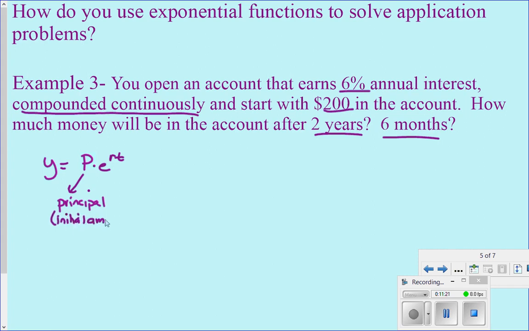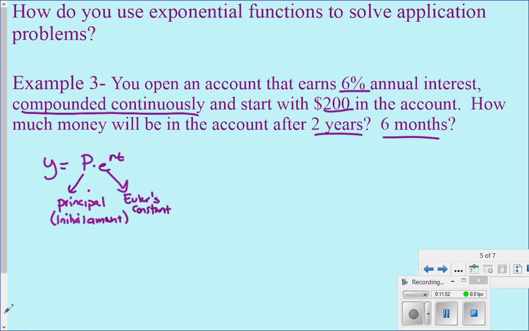So we start the equation the same way we have been starting it, with the initial amount. E, maybe you knew this, maybe you didn't, but E actually is a number, just like I is a number, and we may not have known that before this year. E is also a number, and we use the letter E because it stands for the person who discovered it. His name is Euler. That looks like Euler, but it's pronounced Euler. Euler's constant